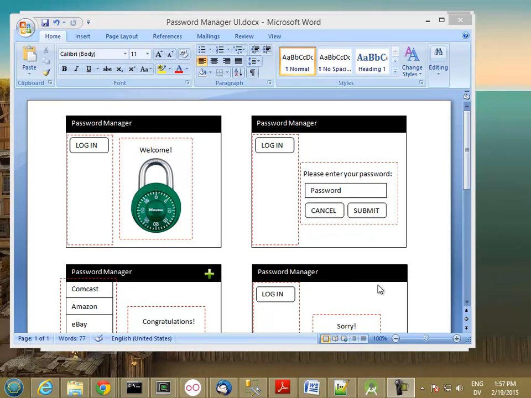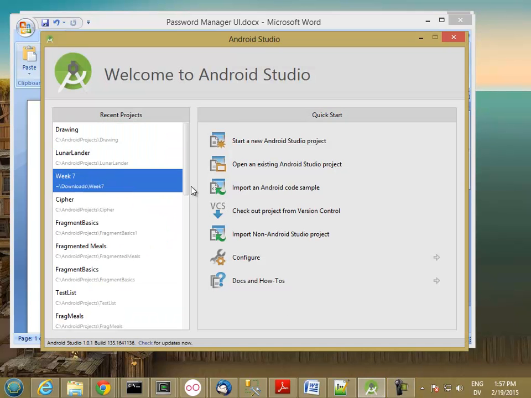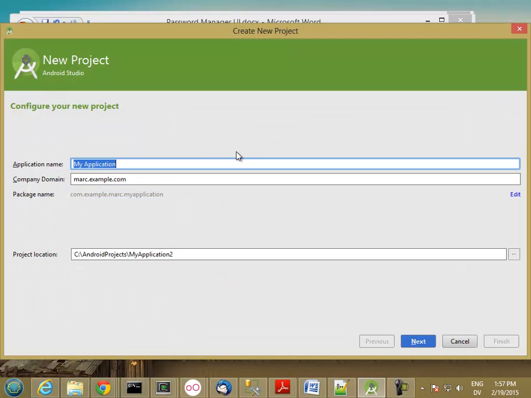Okay, so let's start at the beginning with the first screen, and we're going to need a layout for our main activity that's going to have two panels, and then we need a fragment for our login button and a fragment for our welcome. So let me go ahead and start by creating a new Android Studio project,